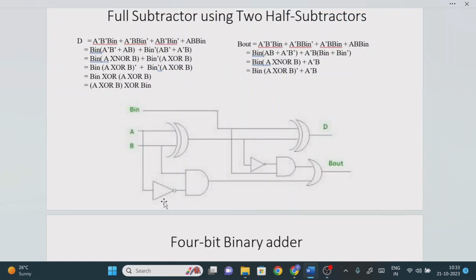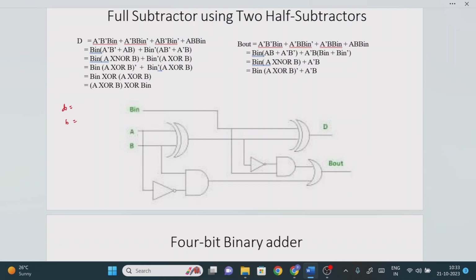So in today's class, we will see how to design the full subtractor using two half subtractors, right? For this, the requirement is that we first need the basic idea of the half subtractor, then only we can design the full subtractor operation. It means that we need to design the half subtractor from scratch, or if you remember the equations for difference and borrow, then you don't need to draw the half subtractor again.